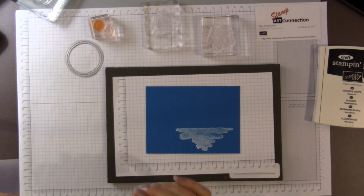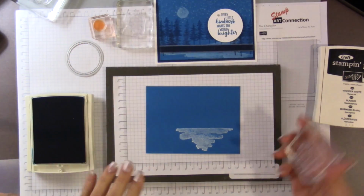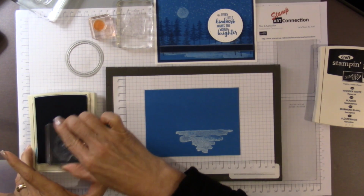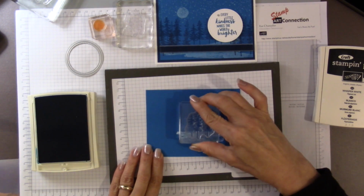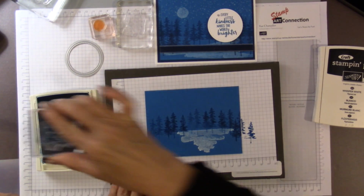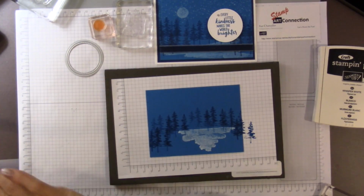But I'm going to stamp my first layer of trees with this tree stamp. And I'm going to put my original one here so you can see that I'm going to kind of cover the side of my water feature here with my trees. And I'm going to use both the stamp and the stamp off method all the way around. There. Okay. Then the next thing I'm going to do is I'm going to clean my stamp, because now I'm going to take my